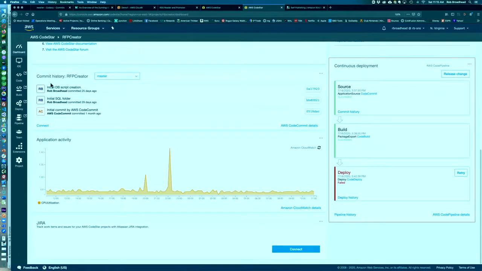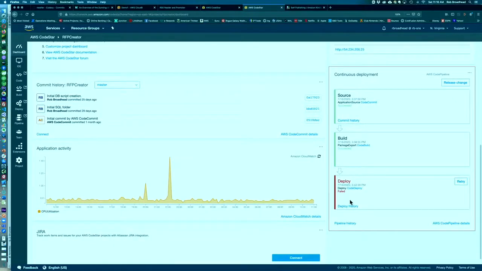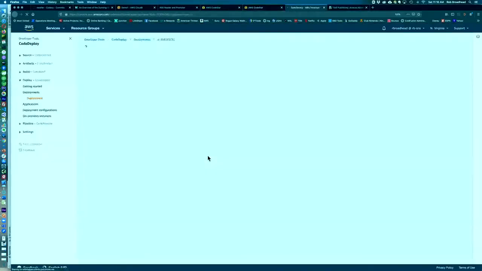I can see here's CodeCommit, so I can see off of whatever branch, which I only have master. I can see the history of commits. I can see application activity. This is CloudWatch, showing me hits on my application itself. I could actually connect into Jira if I want to. We can see over here that I've got a CodePipeline set up where I've got source, and then it was built, and then I had a fail the last time I tried to do a deploy, and I could go look at the deploy history,